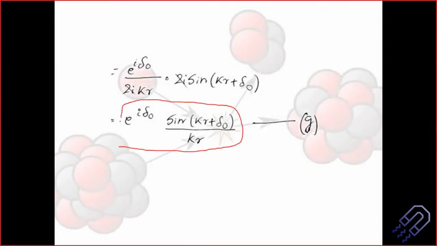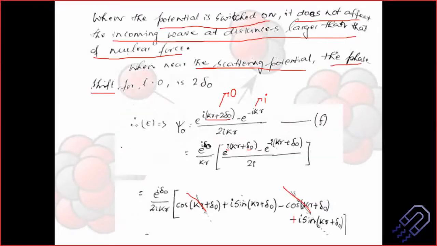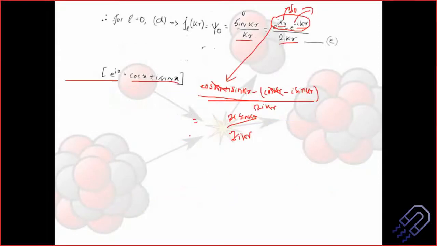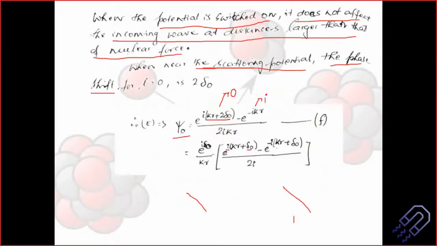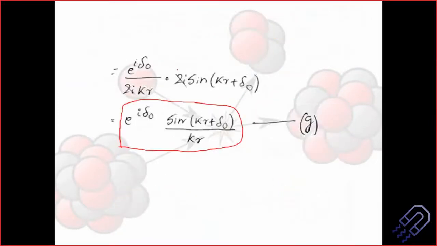So this is the relation we have, and this is the relation for what? This is the relation of psi naught. Don't get confused, psi naught is nothing but given by the Bessel function. The Bessel function also talks about the wave function. We are representing it as psi naught so that we are not jumbling up so many terms. Psi naught is nothing but the wave, and it has all the information about the incoming and the outgoing wave. So we have just written what psi naught is here. So we have found out this relation.